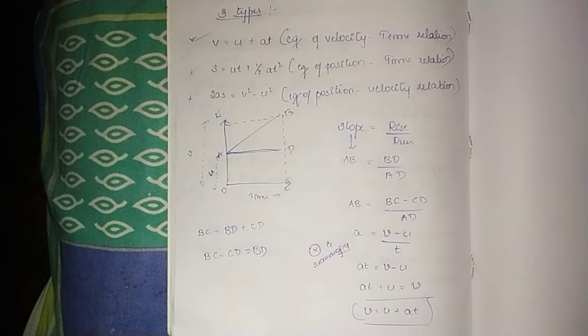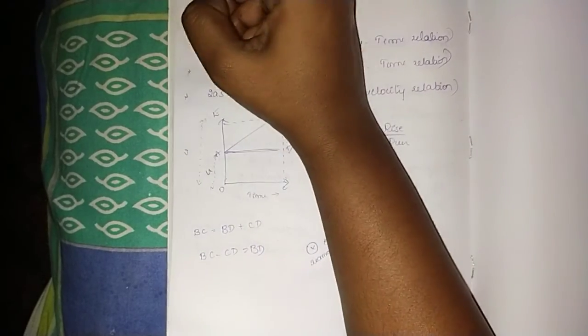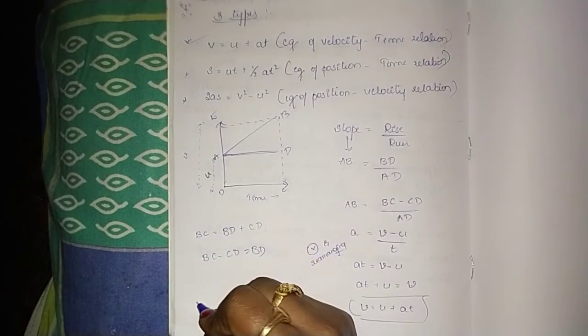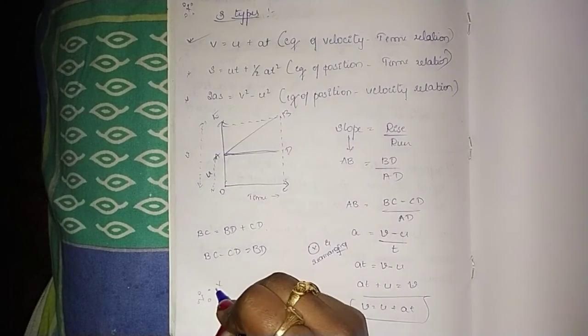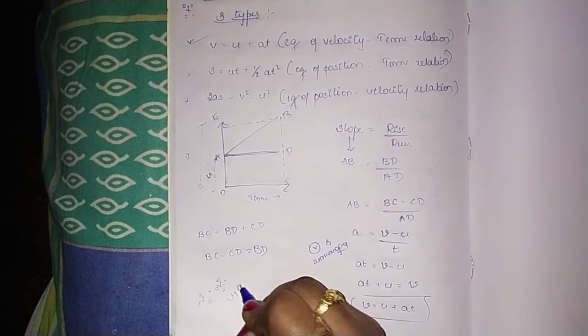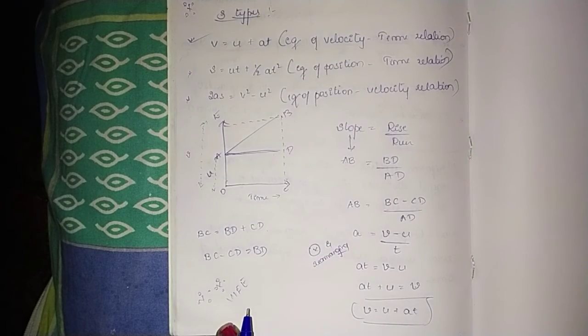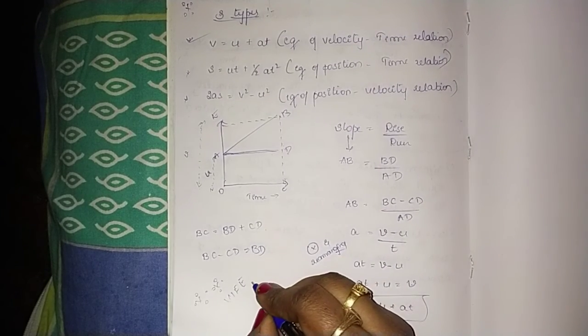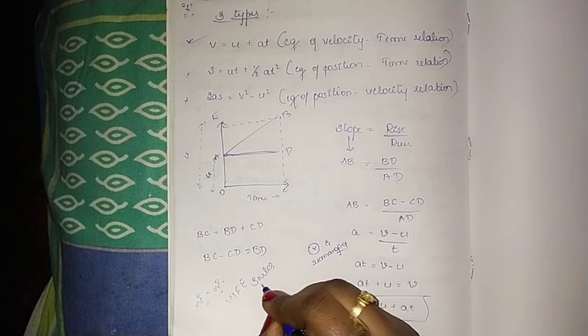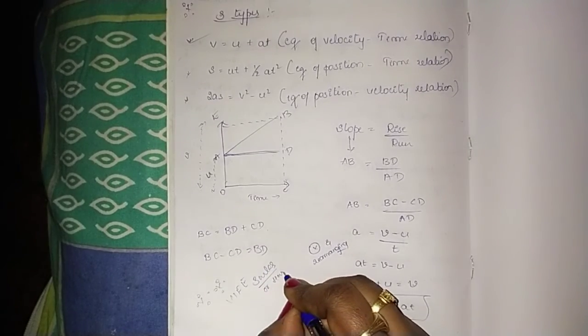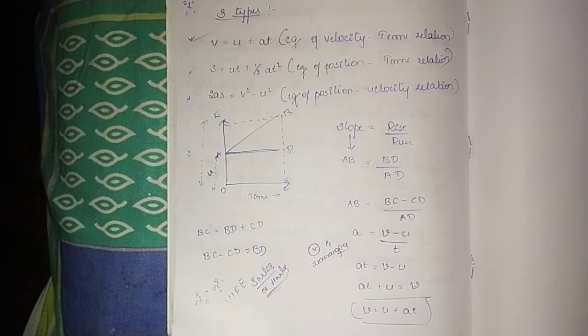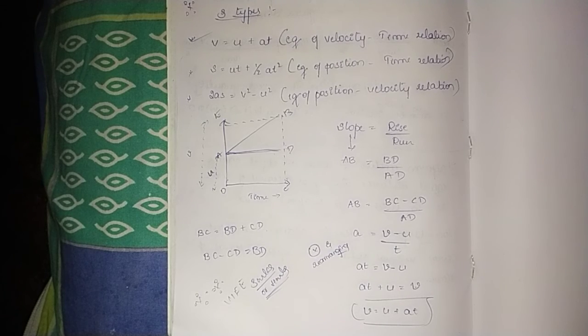So this is the equation of velocity with the time relation, and it is very important, children. Very important. You can remember it as Wi-Fi. It is very important for examination and will be asked for 3 marks or 4 marks. I want you children to write this in your homework books. Okay, thank you.